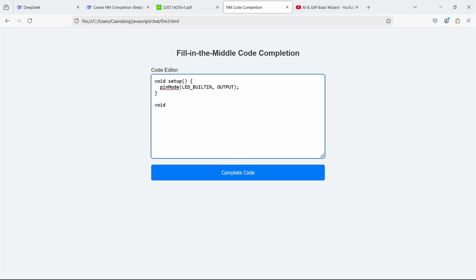In this case, I'm configuring one of the outputs, specifically the built-in LED as the output. By adding a delay of 100 to loop, it suggests that the LED should be set to blink quickly. I move the cursor to the place where I want the code to be completed and press the button. As you can see, the processing information appeared in the correct place. It is clearly visible that DeepSeek is overloaded, because the response takes quite a while. This will make the next version of the program a bit more complicated to use, which I'll demonstrate, but we'll just have to manage.